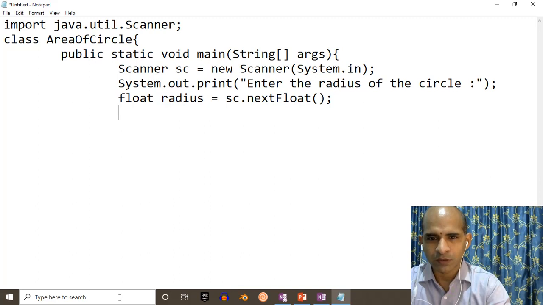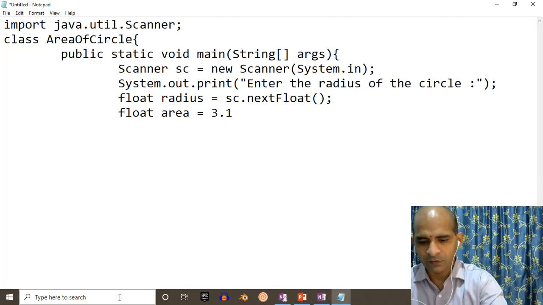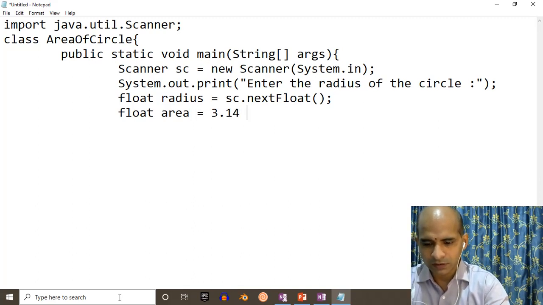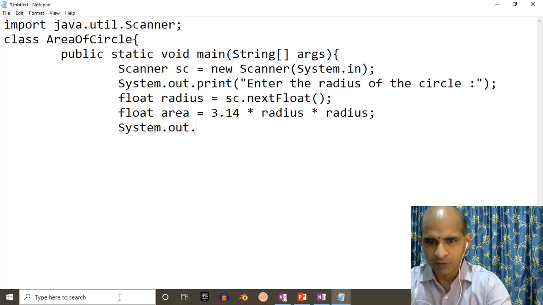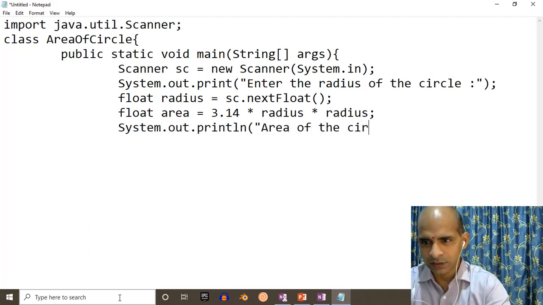Then, in order to calculate the area, float area equals 3.14 into radius into radius. System.out.println area of the circle is, area.